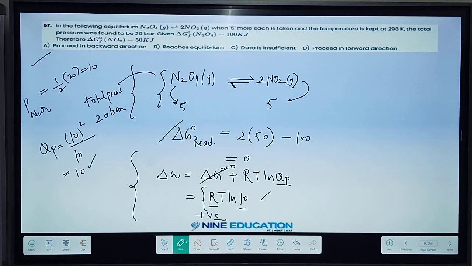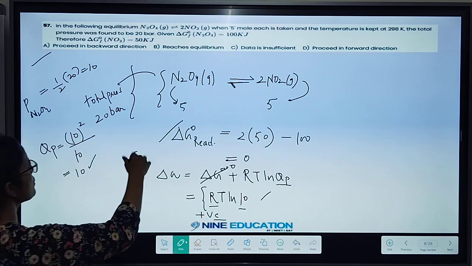Again, the key point of the question: we are having some reversible reaction, equilibrium is there, and they are not telling us what the reaction condition is now, whether it is remaining at equilibrium or what. That is the question only, okay? So they are giving us 5 moles of N2O4 and NO2. They are asking us how the reaction will proceed.